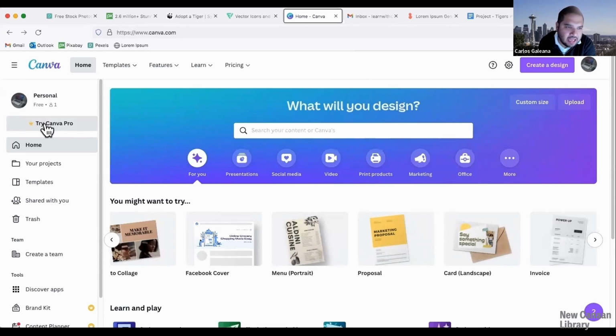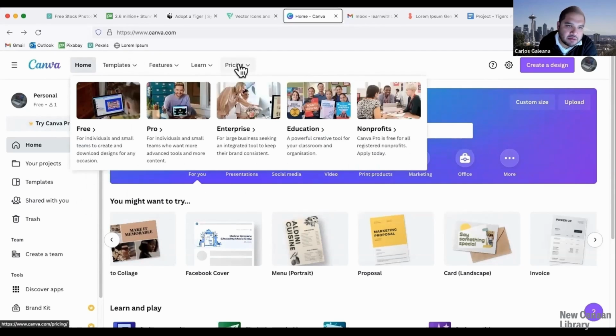There is something called Canva Pro. And Canva Pro is anytime you see this crown-like symbol, that is an indication that you would have to pay for it. And if you're interested in learning more about the pricing points, here on the landing page, there's a pricing component.